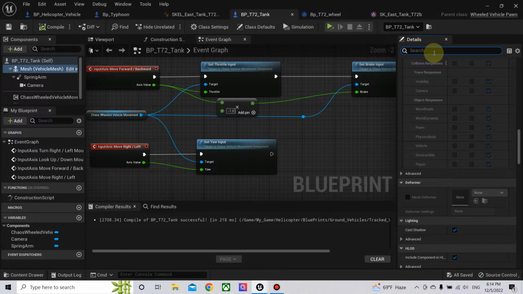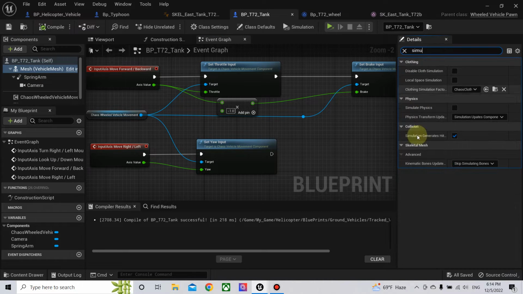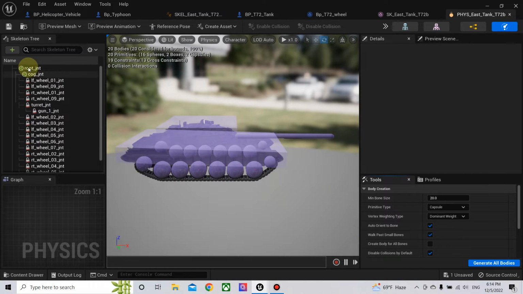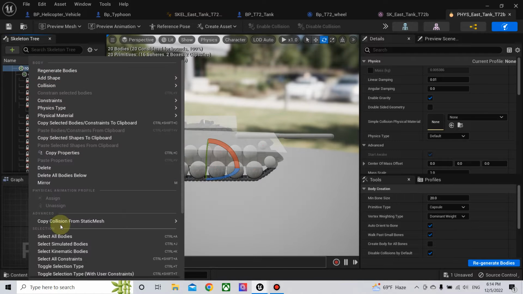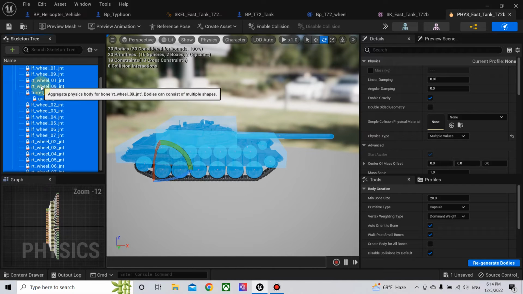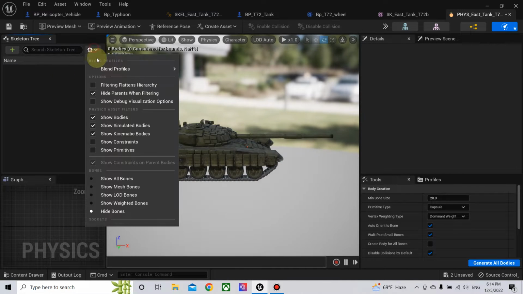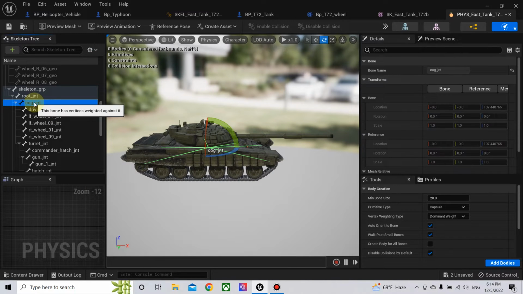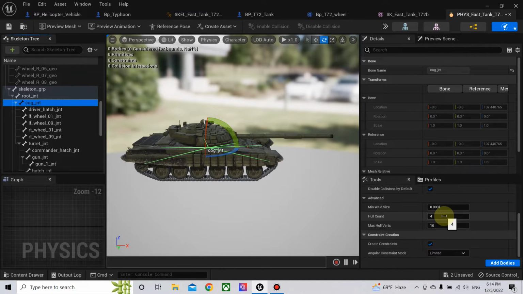Where is the mesh? Simulate physics. And let's go to the physics asset. Select all bodies and delete. Then show all bones. Let's find the cog. This one, we need to make it multi-convex. And this one maybe it's 32 and 128